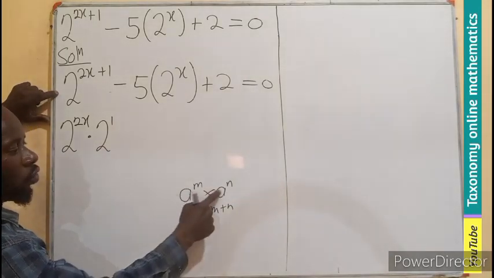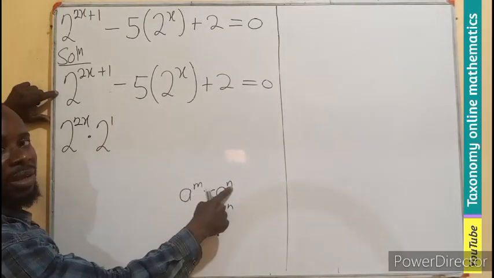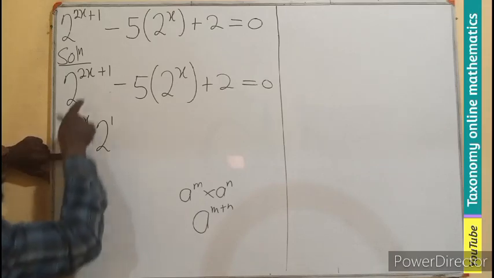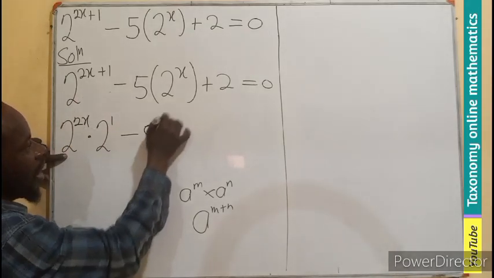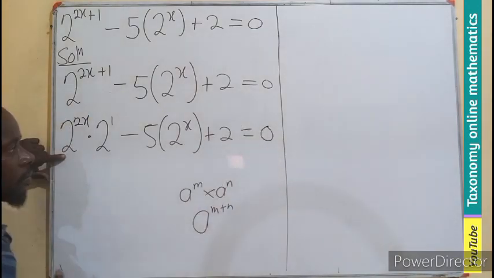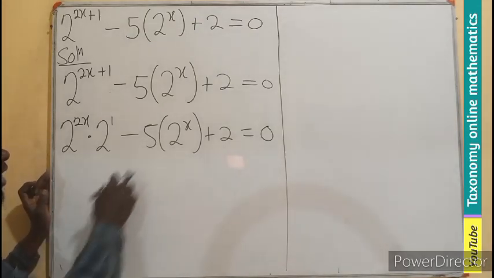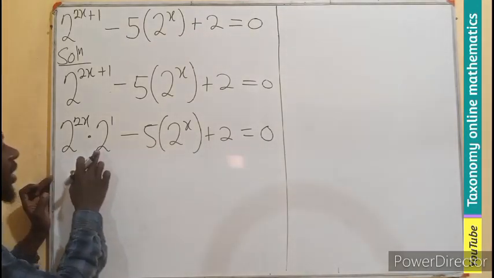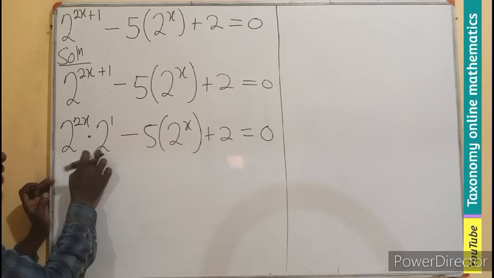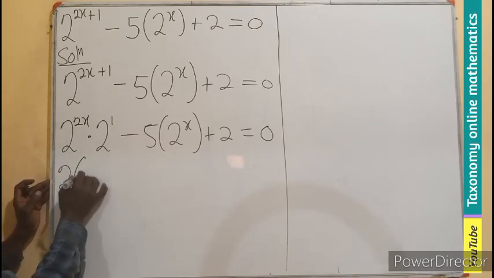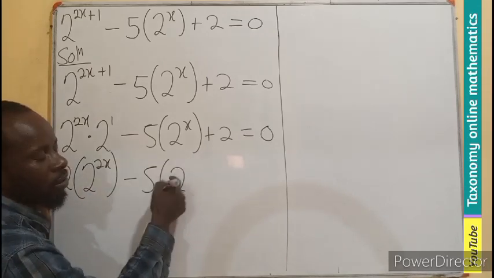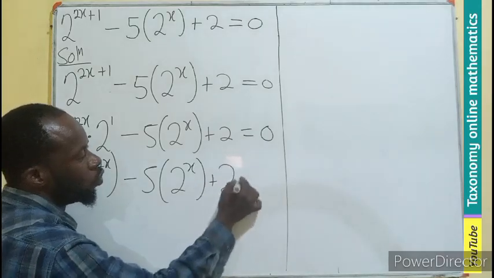From here, 2x times 1. So it is the exponents we added to arrive at this place. So this is an expanded form of this, minus 5 times 2 exponent x, plus 2 equals 0. So what do we do from here? We can see this 5 is multiplying. This is 2 exponent 1, which means 2 is also multiplying this. So I can rewrite this as 2 coming first, 2 exponent 2x, minus 5 times 2 exponent x, plus 2